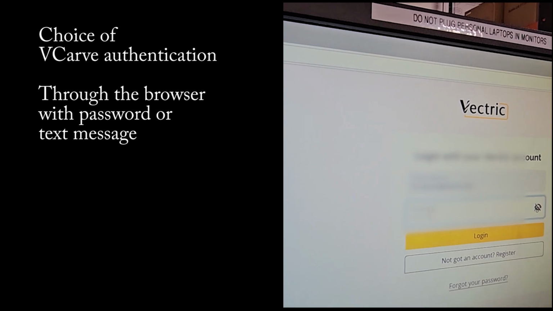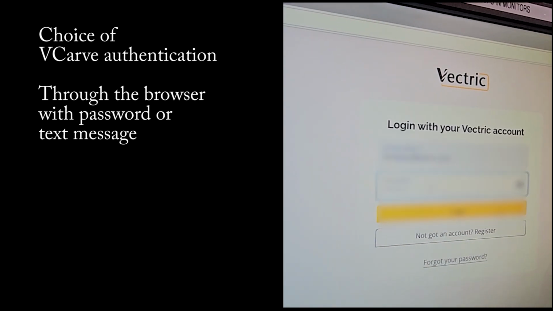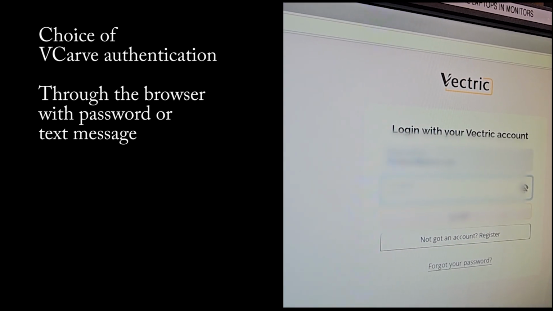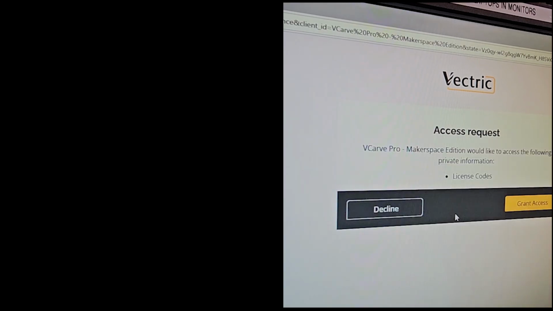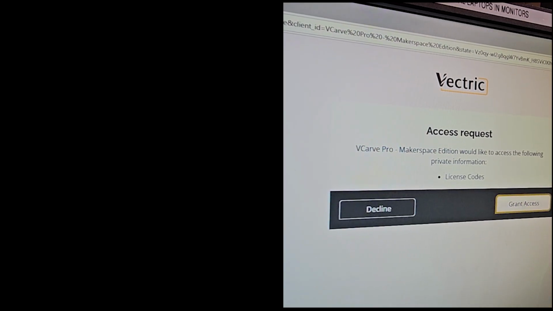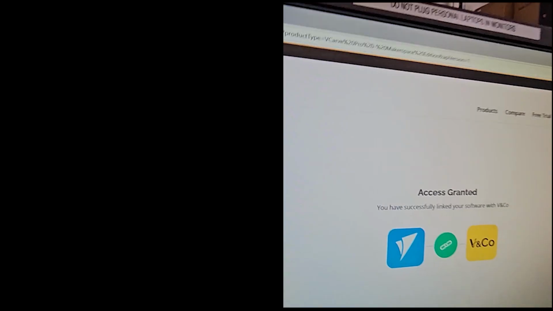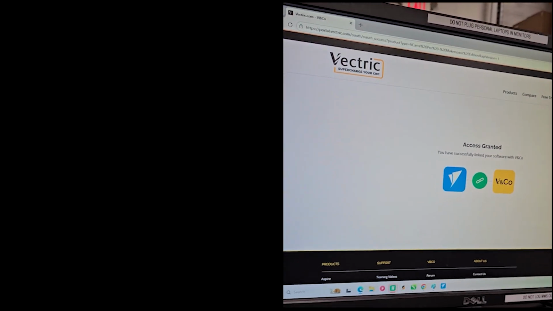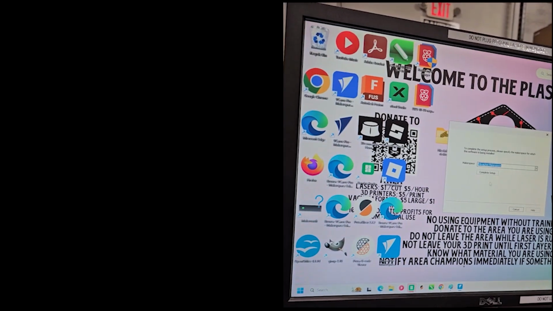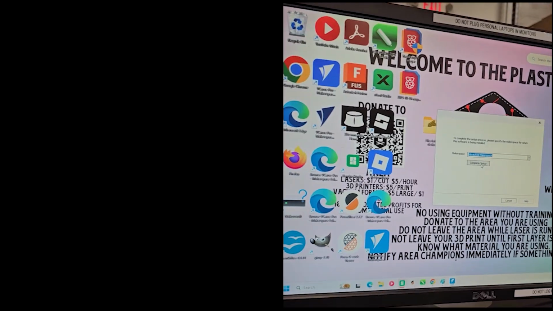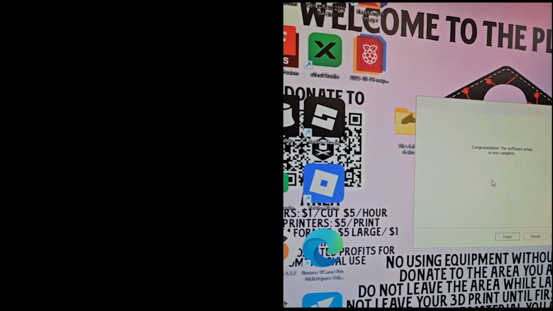If you want, you can enter your phone number and you'll get a code on your cell phone. In this case, I'm logging in. I'm going to grant access. Do not save your password. You get now granted. Now when you click on complete setup, you will now be able to use